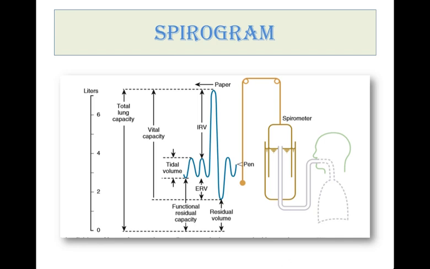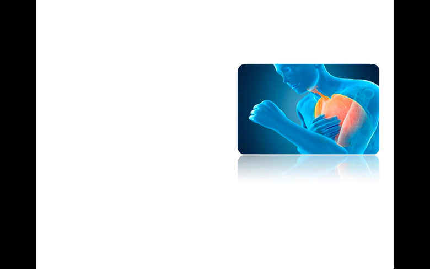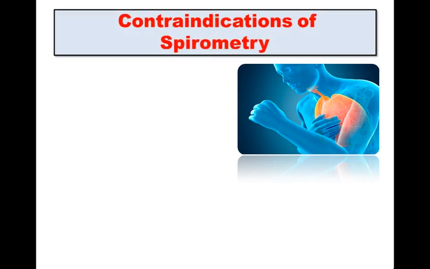We shall be taking a look into these different contraindications that prevent the performance of spirometry. These are the contraindications. First one, as is given, is hemoptysis of unknown origin. Hemoptysis means there is cough, and along with the cough, bloody mucus is coming out. So that is called hemoptysis.